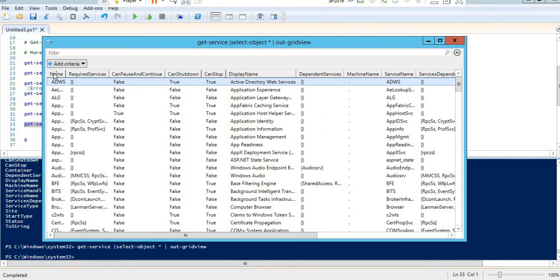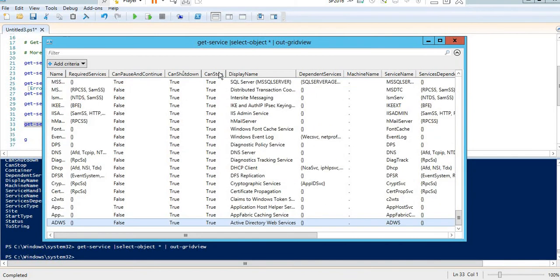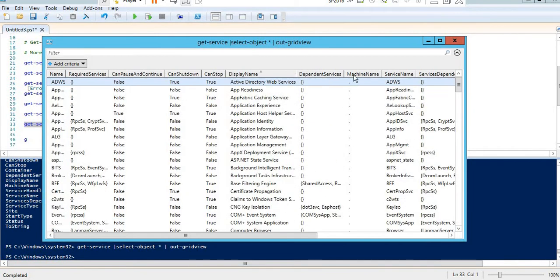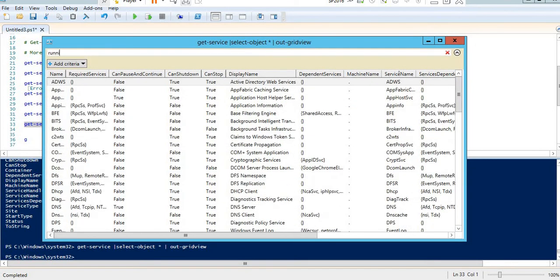Now you can sort it here based on any of the properties which you want, and then you can use it. One way you can filter it from here also. If you select Running, it will fetch all the running ones. So filter is very useful here.